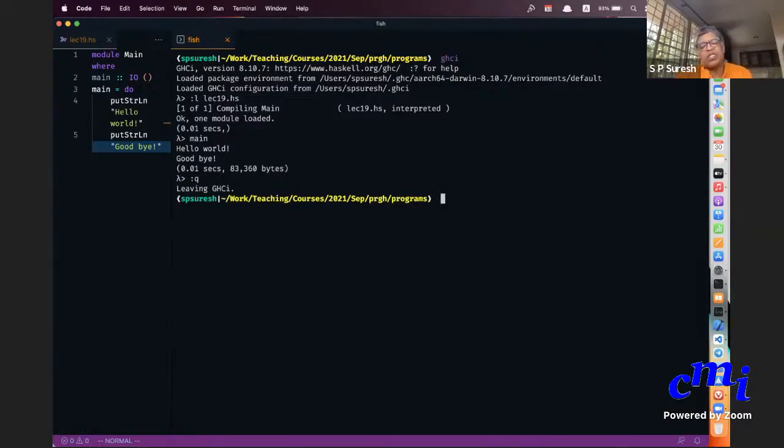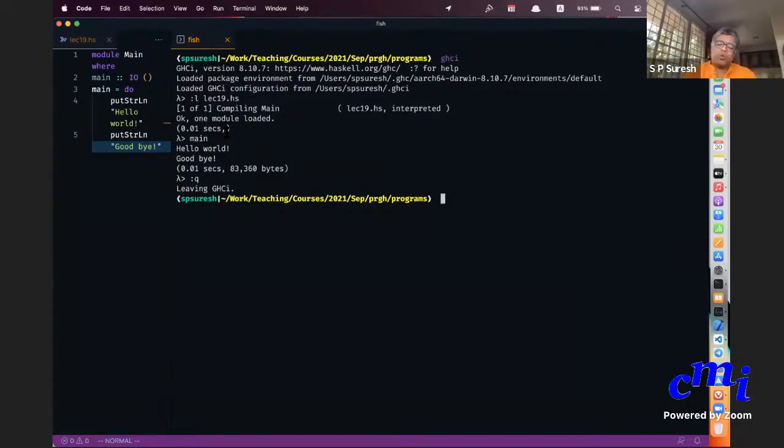GHC stands for Glasgow Haskell Compiler, and that's the compiler. GHCi stands for the interpreter or the interactive version, where it interacts with you. You write some command, it gives you some response.